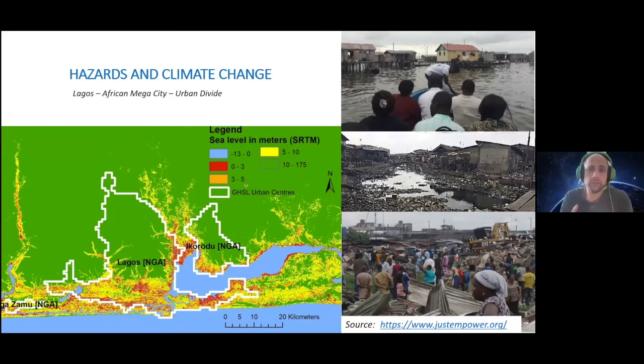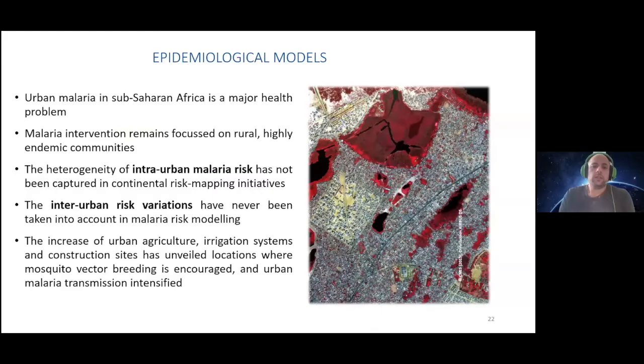Also, when we talk about urban heat islands, again, deprived urban areas and slums have it way worse. They are usually the hotspots of the urban heat island effect. So, as I mentioned, vector-borne diseases and epidemiological risk, I would like to talk a bit about malaria, which is a big issue in Africa. Most of the impact it has is in Sub-Saharan Africa, as it causes more than 400,000 deaths a year. Most of them are children below 5 years old.